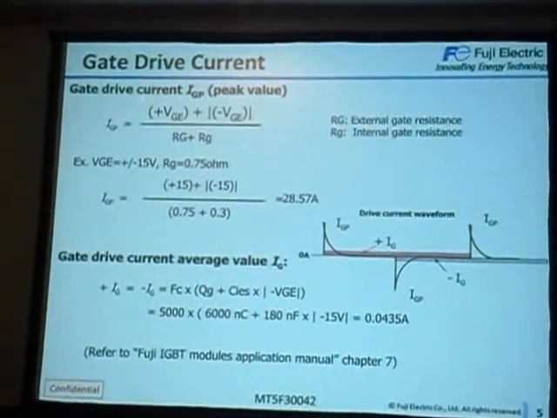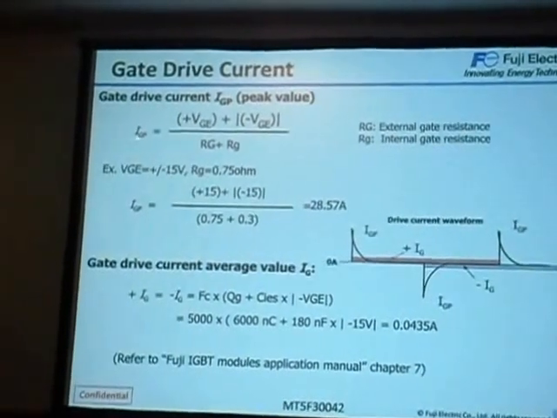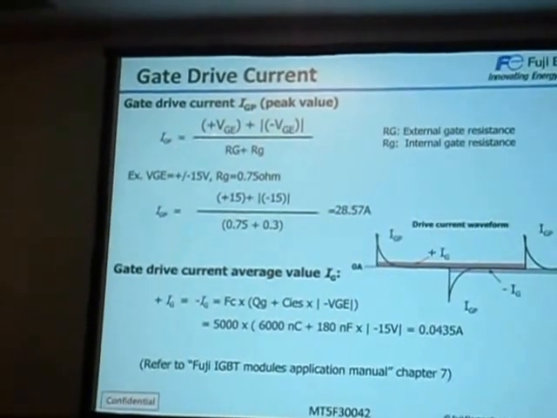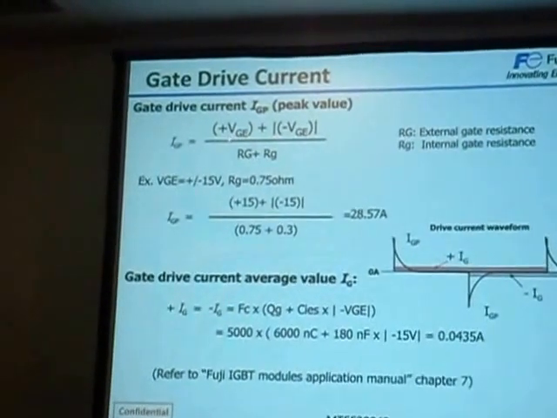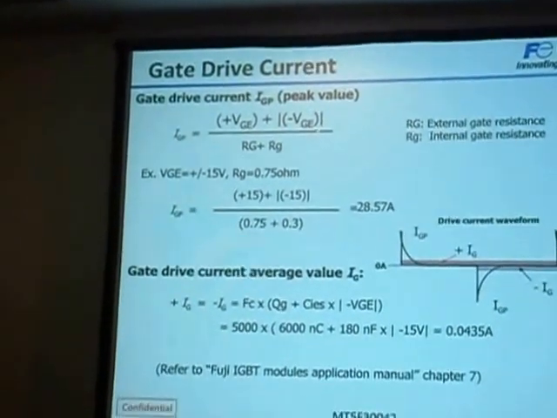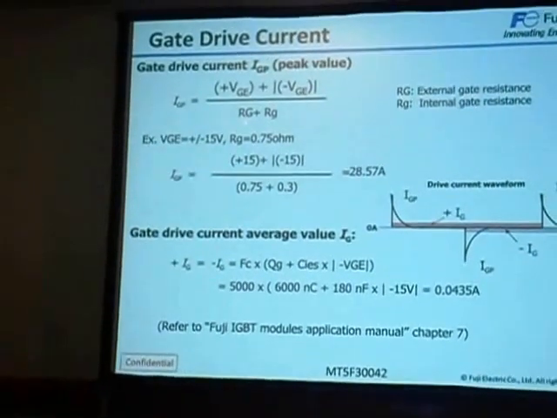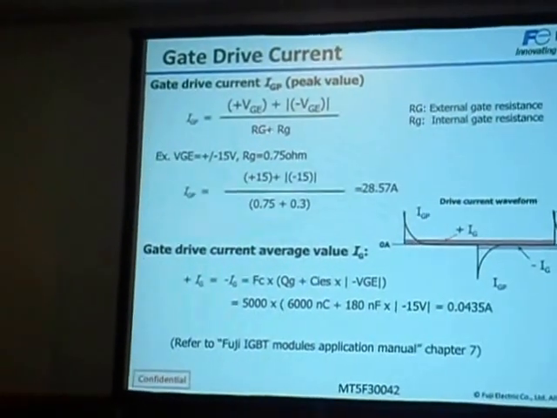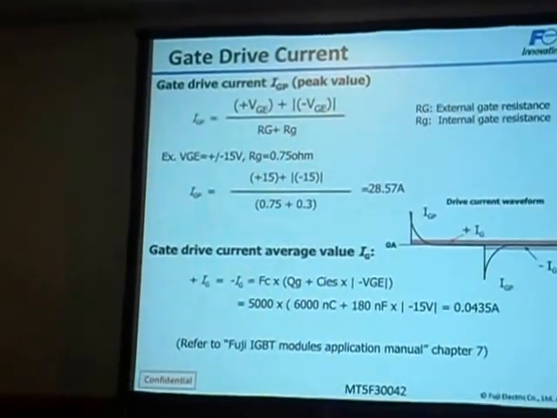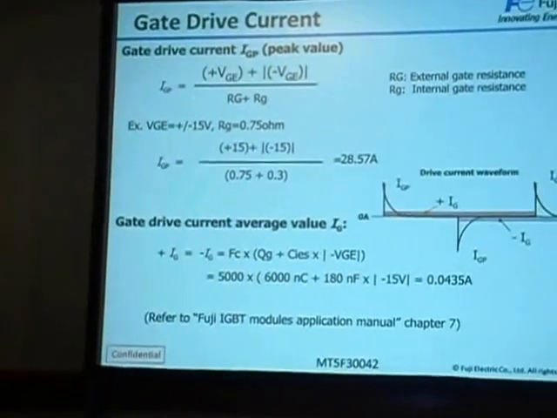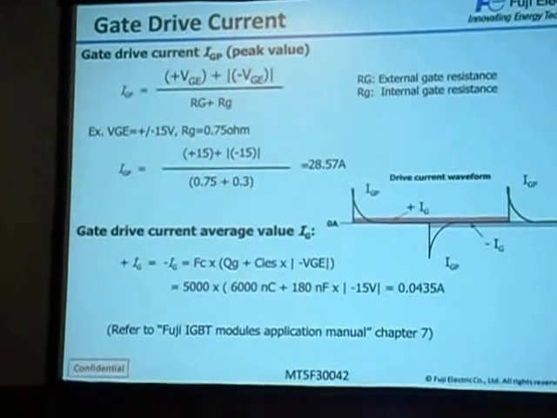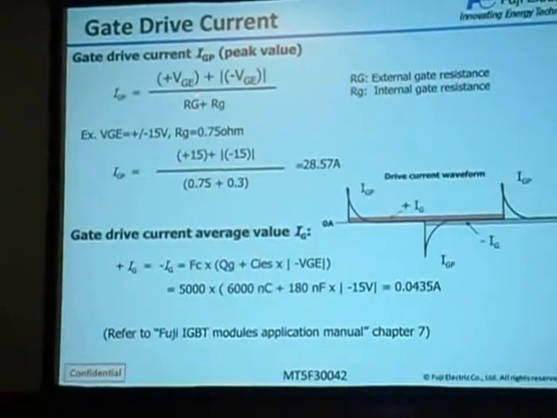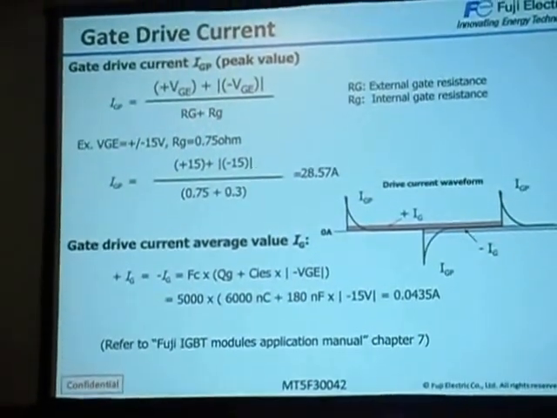The gate drive peak current is calculated with this formula: positive gate emitter voltage plus negative gate emitter voltage, divided by the external gate resistance plus internal gate resistance. If you use plus 15 volts and minus 15 volts, and the gate resistance is 2 ohms,